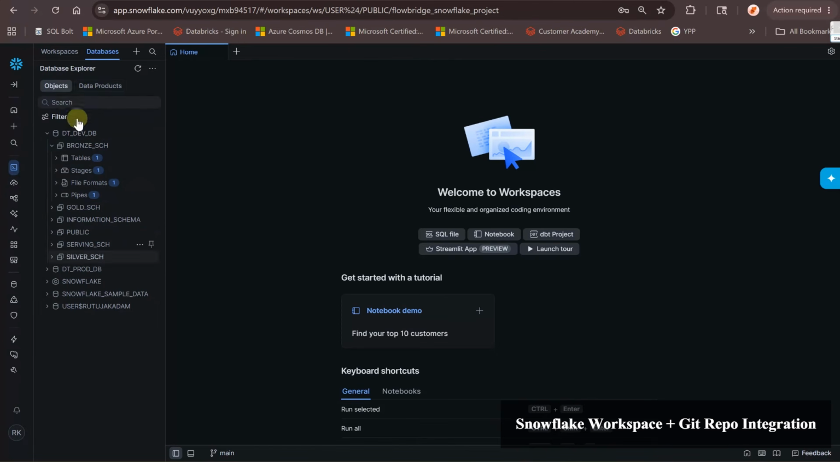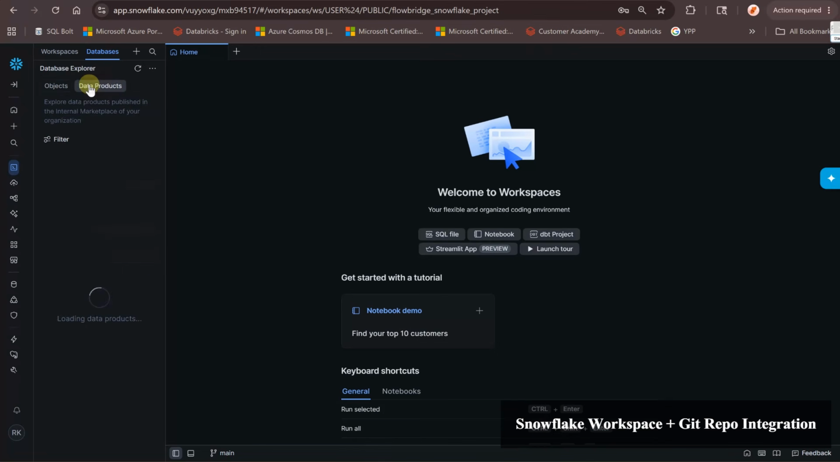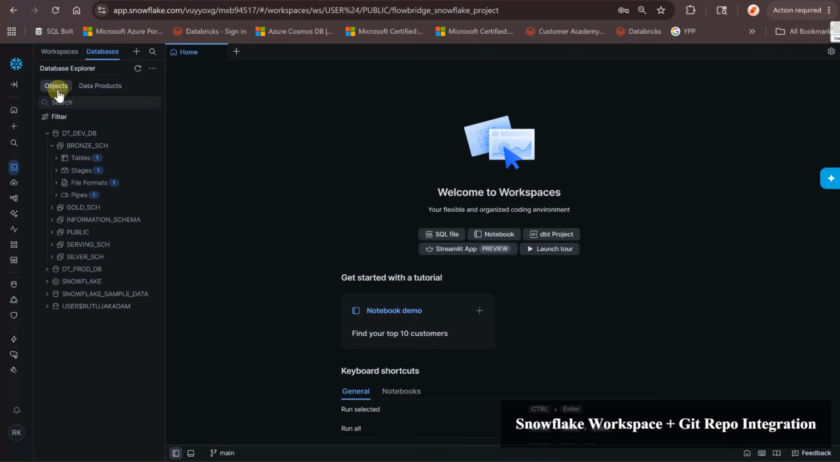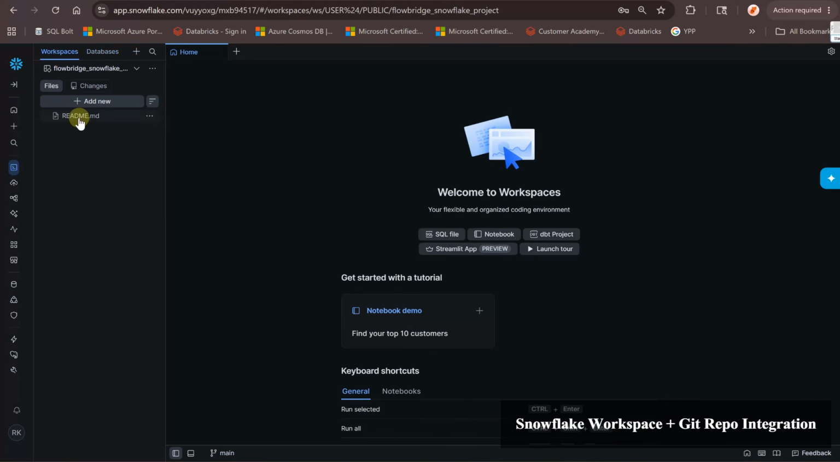Under databases, everything will get displayed under objects. Then we have data products too, which will show if you have any data products under your organization. As of now, we don't have any. So this is how this workspace looks like. Whatever you add here, that file will get opened here, and you can run this file from here. Okay. Now what we will do under the changes section,